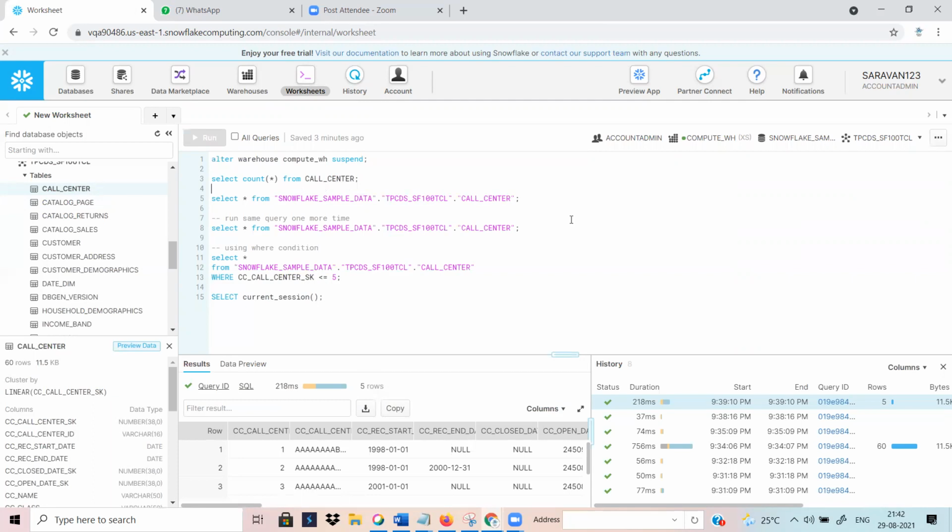So your virtual warehouse does not have the computing cost. Snowflake won't do the computing again, and it is not getting the data from remote storage. So in this case also, your cost will be reduced, right?